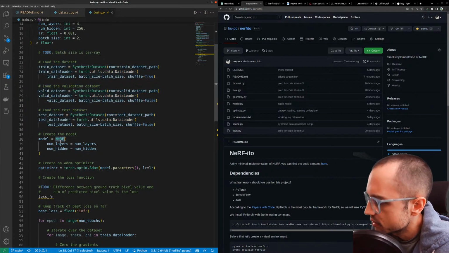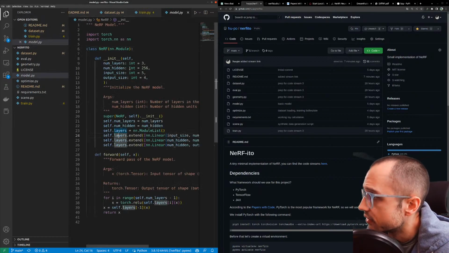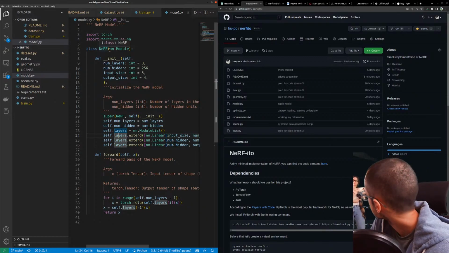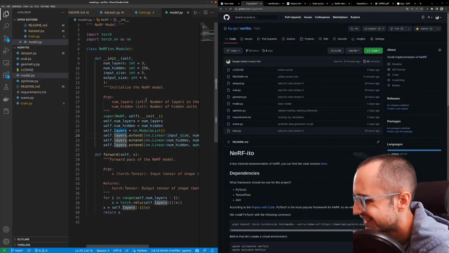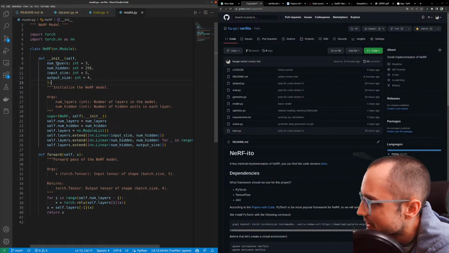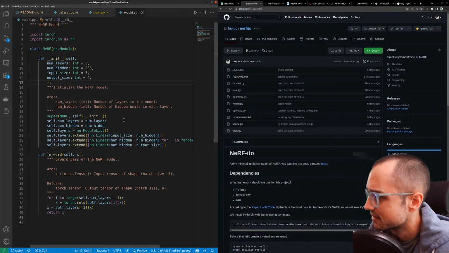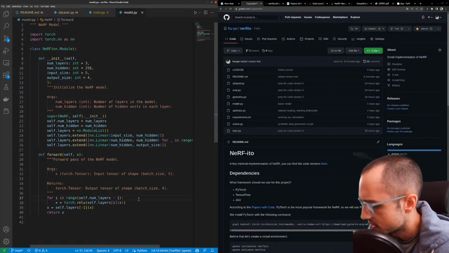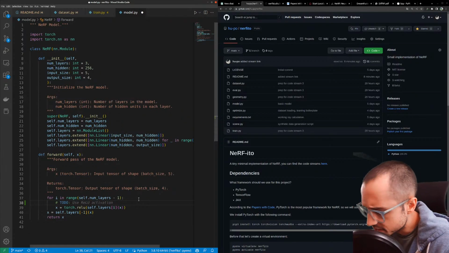Here we're creating our model, which we define in our NeRF here. So there's a couple different parameters for our model. We have number of layers, number of hidden units per layer, the input size, and the output size. One thing is, from the paper yesterday, we noticed that they had leaky ReLUs, so we can